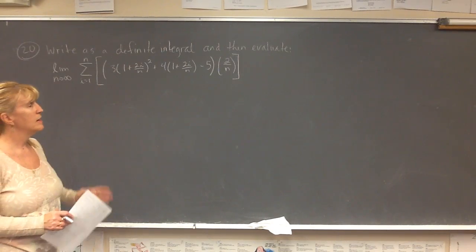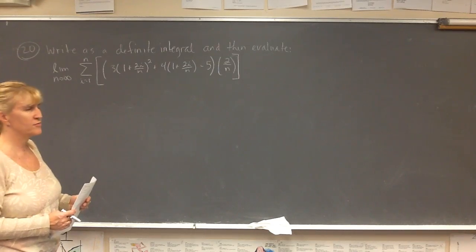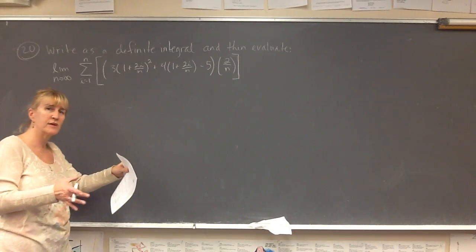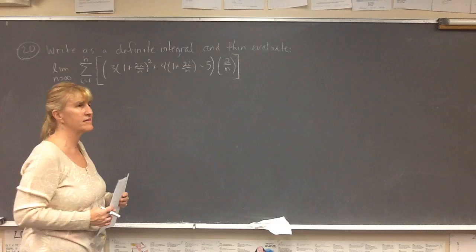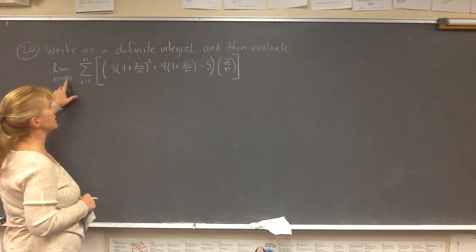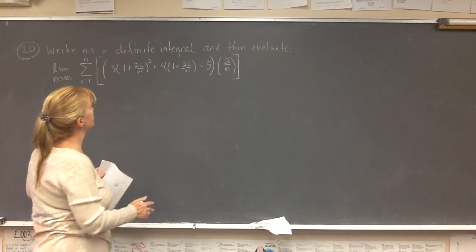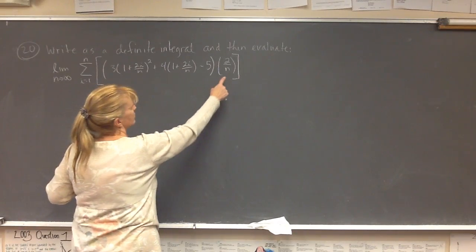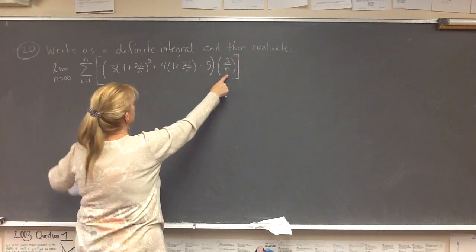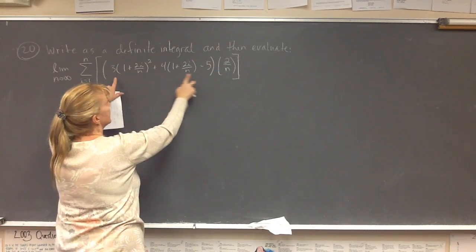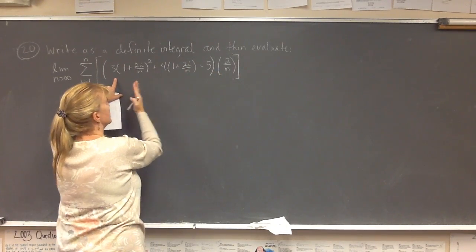of brackets. And what's in this set of brackets is really a base times height situation where you're adding a whole bunch of rectangles. How many? An infinite number of rectangles. N is the number of rectangles you're adding up. Here, the base is this 2 over n. And this stuff right here is the height of each one of your rectangles,